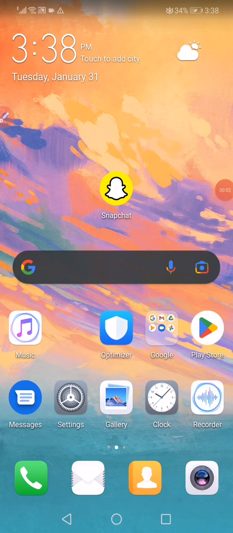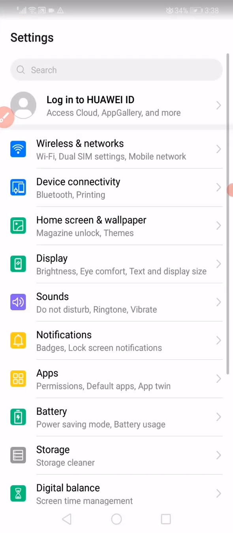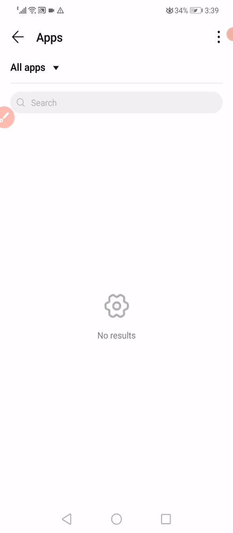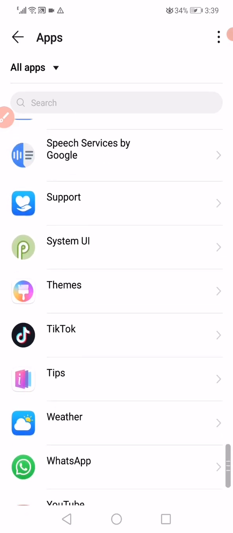How to fix Snapchat camera full screen. First thing, open the settings, go to the apps manager, open the apps like this, and now on this page you will find all the apps that you have on your phone. All what you have to do is wait a few seconds and then scroll all the way down until you